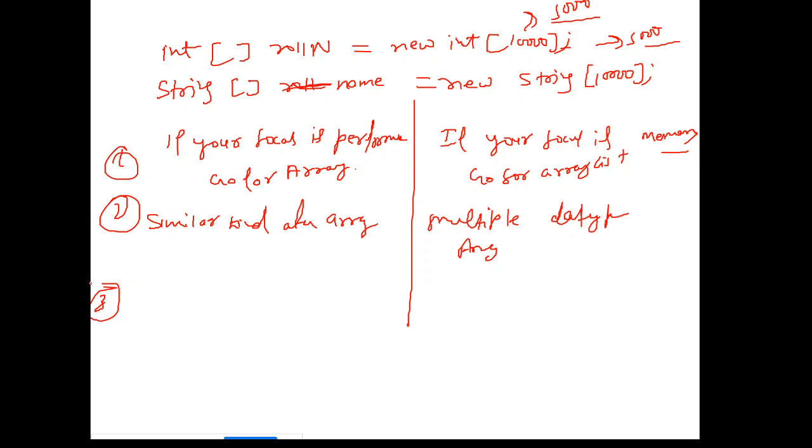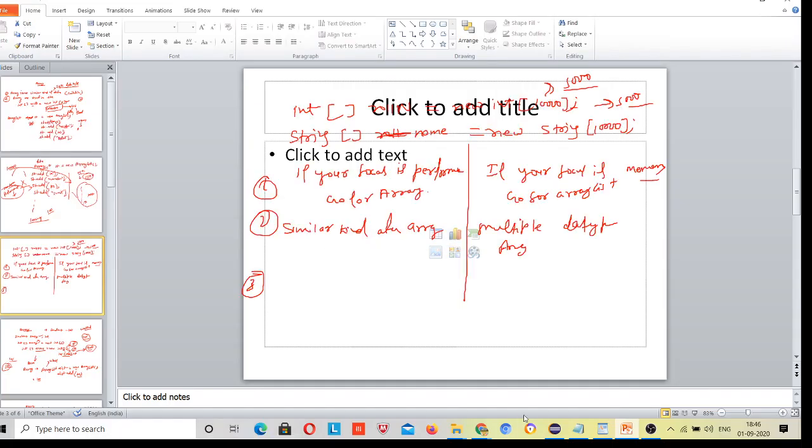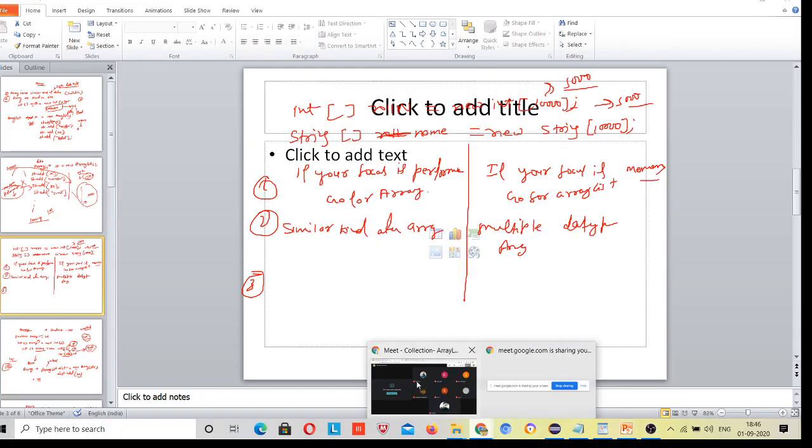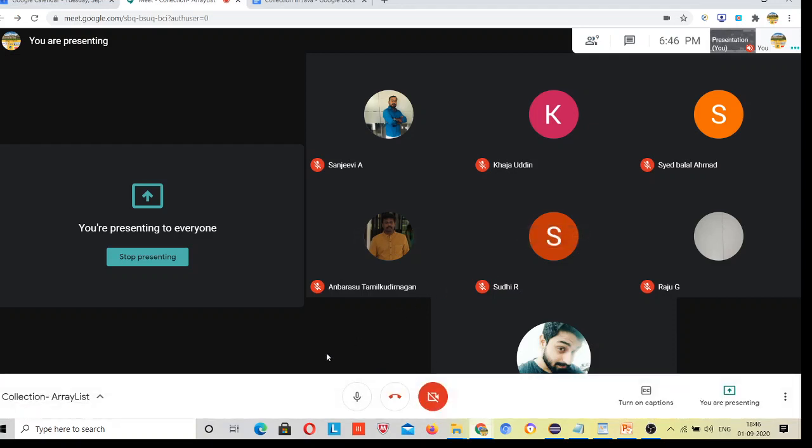If you don't have such concern, suppose the client says that I have 100 GB space, right? Just use whatever you want. Then your coding skills will define what you are going to use, right? Based on the hierarchy. So I hope that this is clear. Why not, when to not use array list, when to use the array. Everybody is clear?